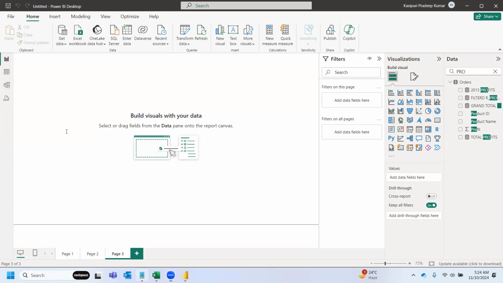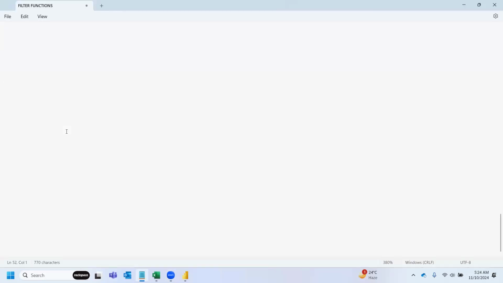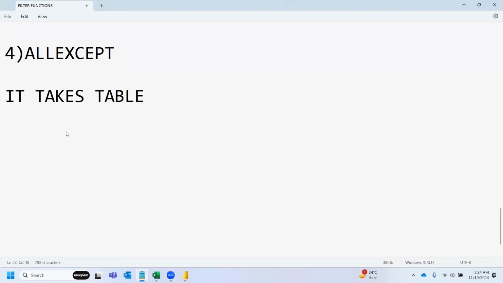So now we're going to discuss ALLEXCEPT. What does ALLEXCEPT do? It takes a table name and columns. You might ask, if you have tens of columns in the visualization, say you have 10 columns in the visualization,